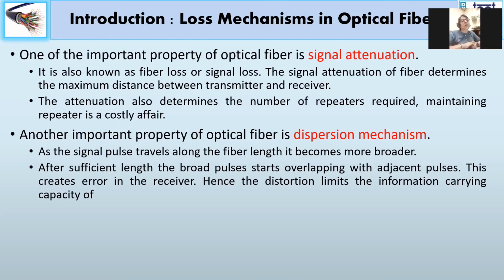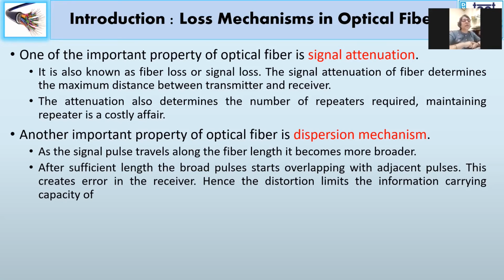If you talk about the factors that majorly impact the signal transmission through the fiber, one is the attenuation and the second is the dispersion. What is attenuation? It is the reduction in the power, a loss in the power. The pulse which was, say, having 5 milliwatt of power may be reaching the destination with 1 milliwatt of power. So there is a reduction in the amplitude, a reduction in the power that the pulse is carrying.